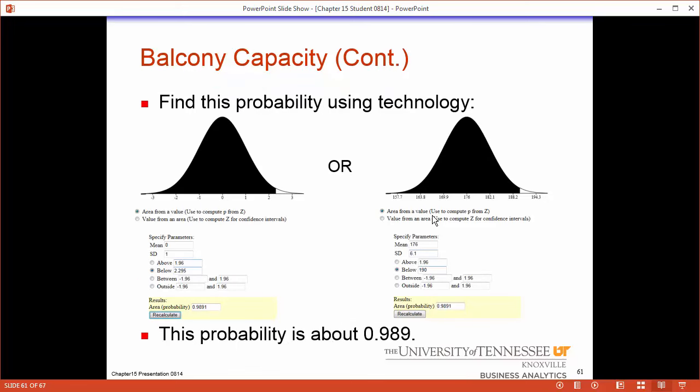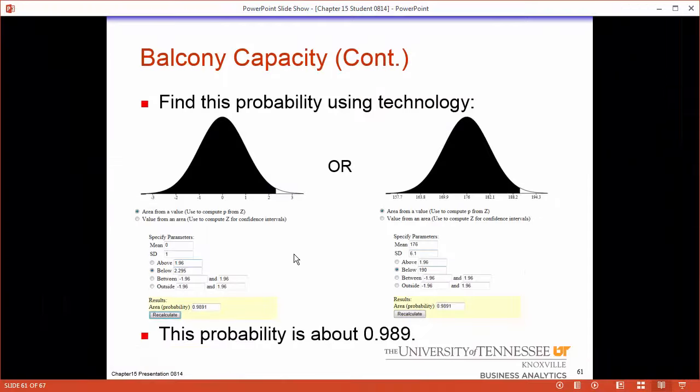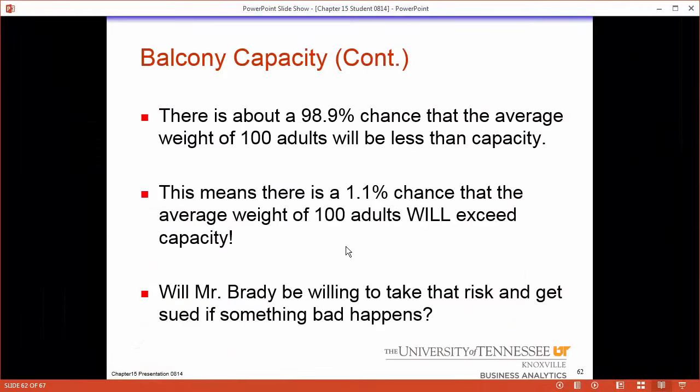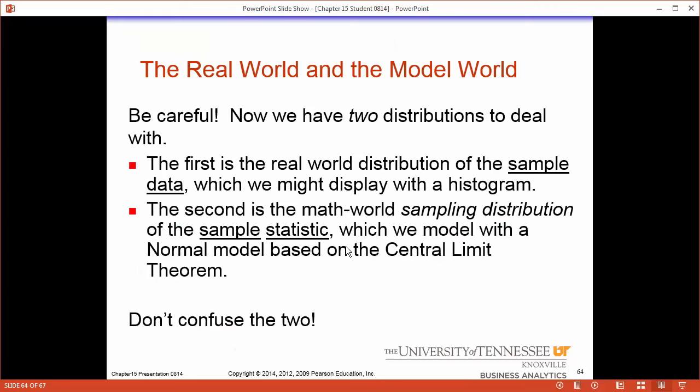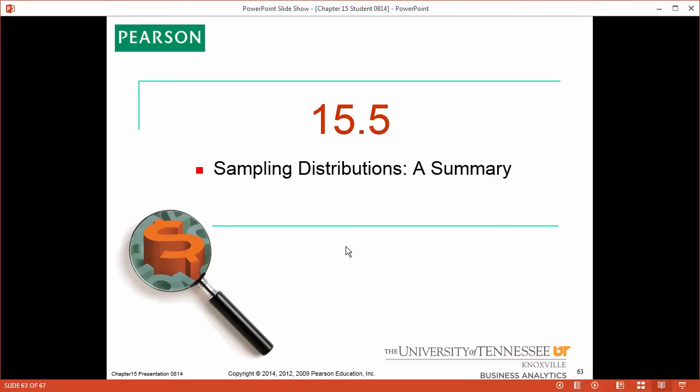And we can see here the calculations with the curve below. If below is 0.989, then above is 0.011, which is what I calculated. I calculated the above, and they're calculating the below. So we're just using the normal model right here. So I don't know if I would take this chance. That seems like a bad idea to me. I would not take that chance. It's an outlier, but still, not worth the risk.